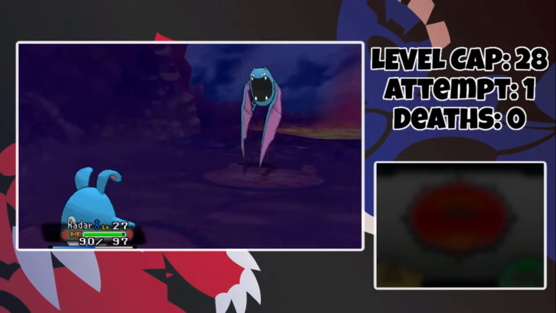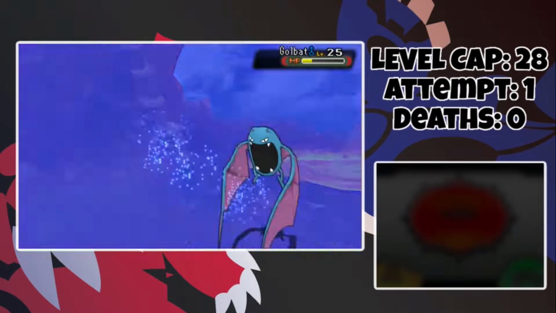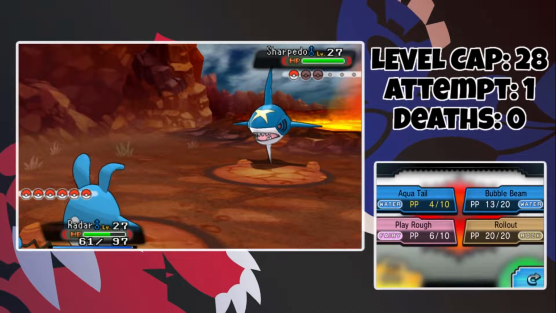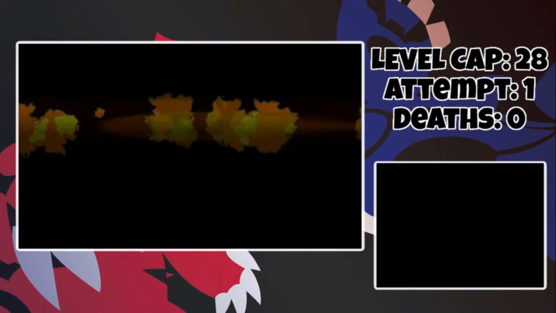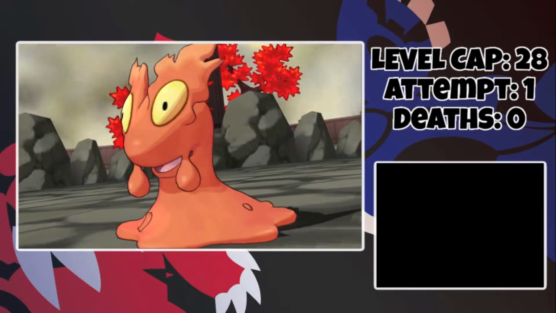We do snap out of Confusion though, so on the next turn again after this, I can go for another Aqua Tail, take down a Golbat, and then Archie sends out Sharpedo. So for Sharpedo, he goes for a Screech, I go for a Play Rough, take it down, Archie defeated. And now, because we've finished everything up at the top of Mount Chimney, we can now move in on Flannery,